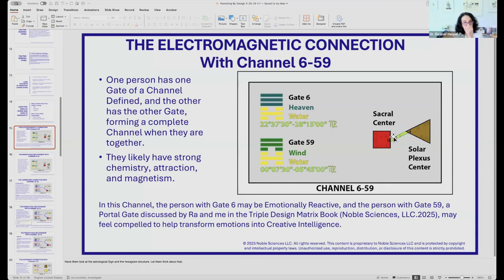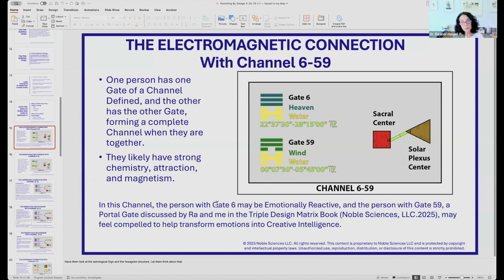In this instance, one person has one gate and the other person has the other gate. So together they form a whole channel. Now, they're going to have a strong chemistry and attraction. The person with the sixth gate may be emotionally reactive. The person with gate 59 is able to transform emotional energy through the